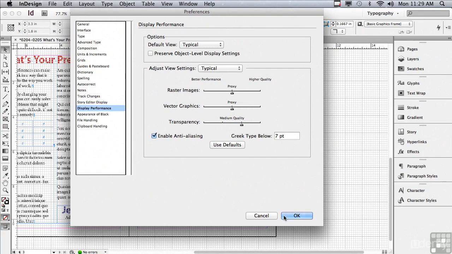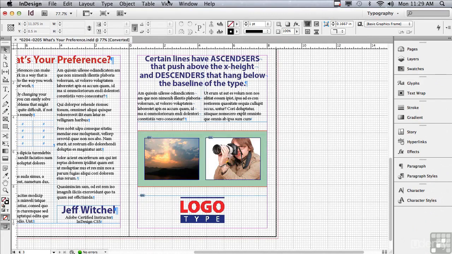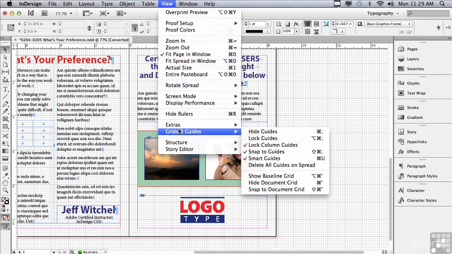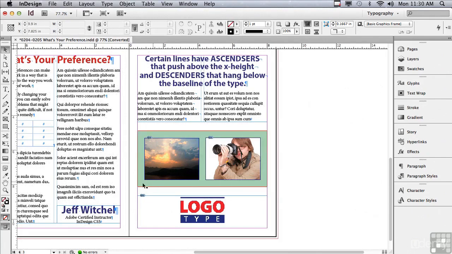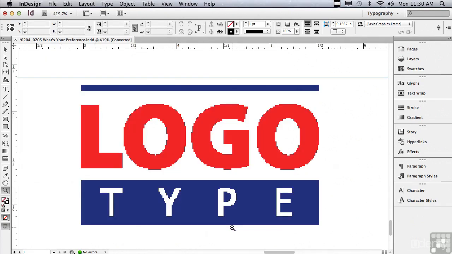Let me click OK. I'm going to get rid of my grid by going under the View menu to Hide Document Grid. And I'm going to go to my Zoom tool. The way the Zoom tool works, one of the ways, is if you click and drag with your Zoom tool over a certain area, it will fit that area in the screen the best it can. Not too attractive. In typical view, it's using a proxy image, a low-resolution, highly pixelated image for my logos,